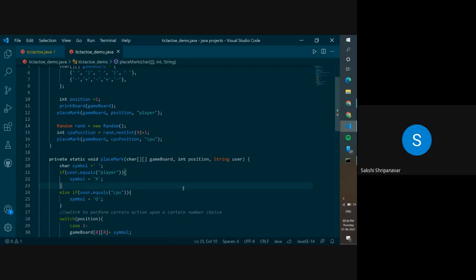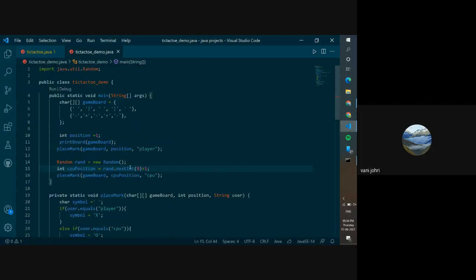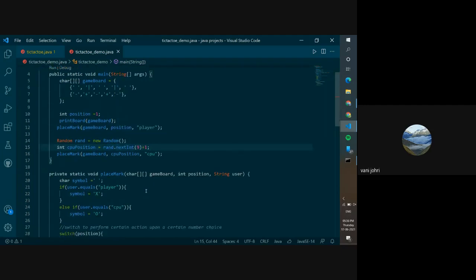Ma'am, how do we know that CPU works and how it works? How the computer works? I didn't understand that. The computer is not doing anything. It's a code. You can not name it CPU and just name it whatever you want. You're doing the same. It's nothing different. Me saying CPU doesn't mean the CPU gets a turn.